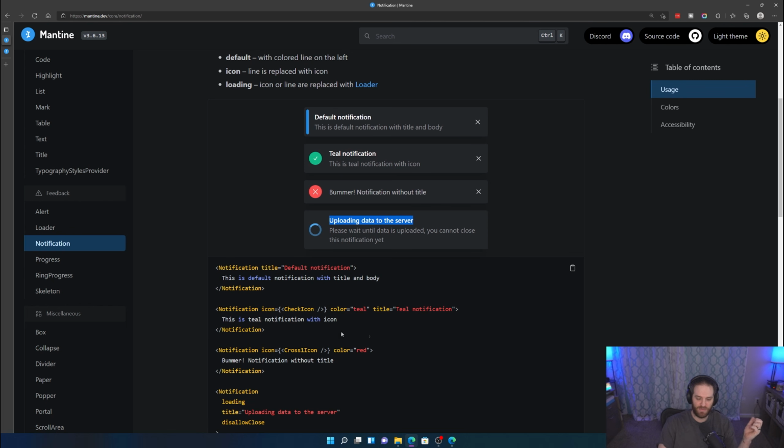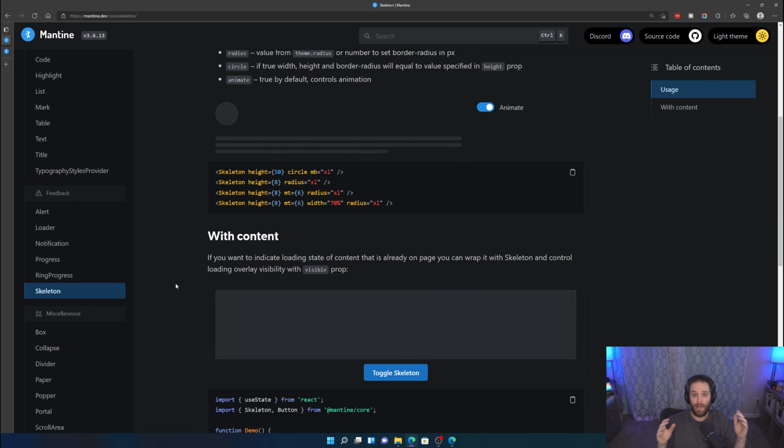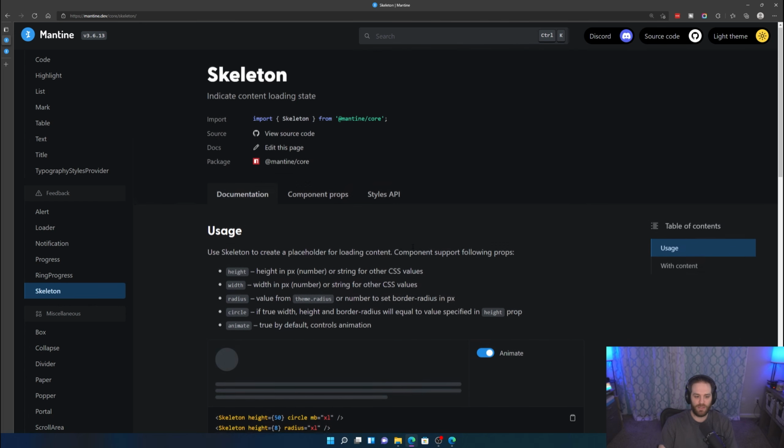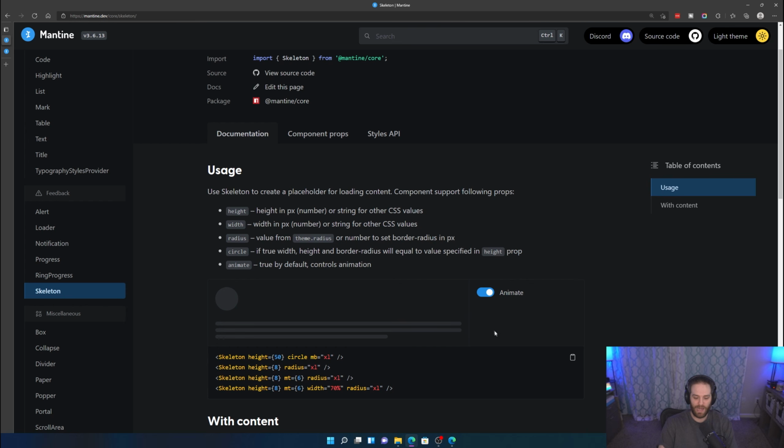And then obviously, if something goes well, you can display a different notification, such as this one here, with that information. And last, and by no means least, I really like the skeleton component here that allows you to do some cool stuff. So here we have a standard version, unanimated. It just shows a few different versions of skeleton. Here we have a circle.